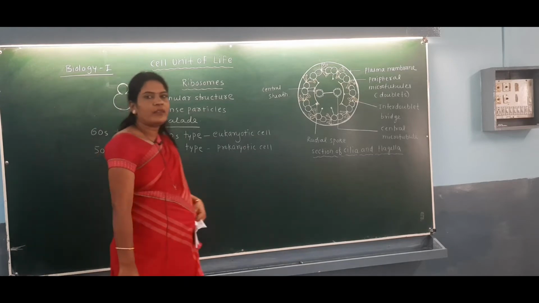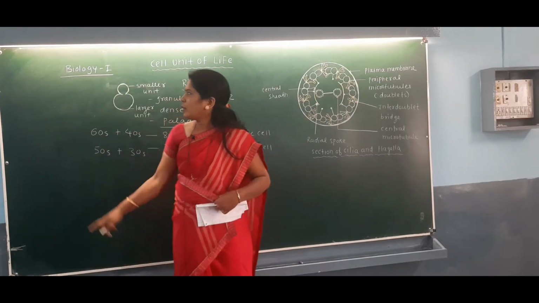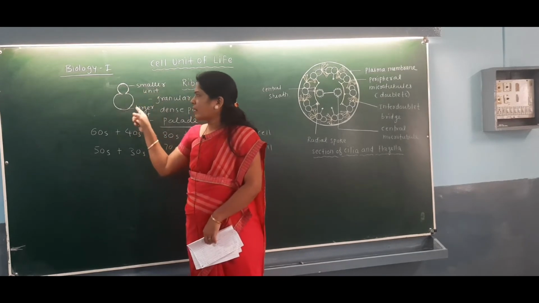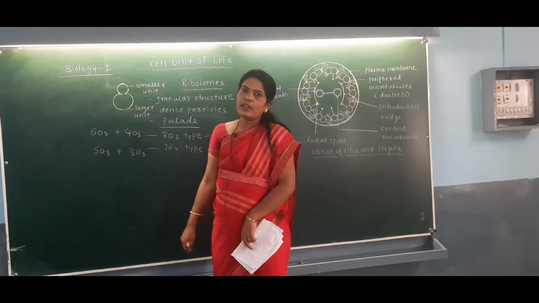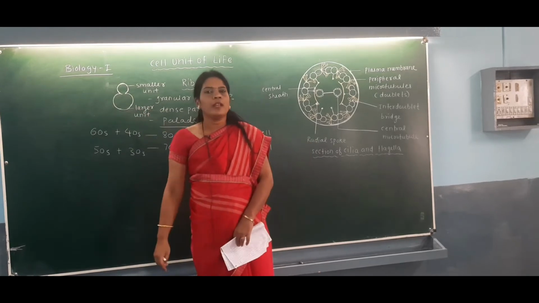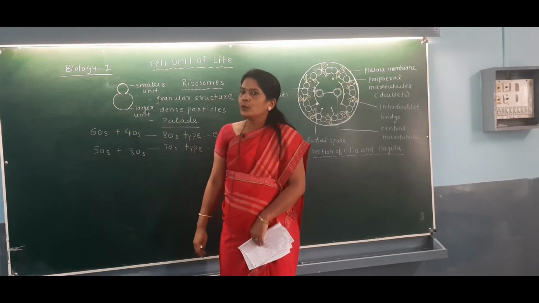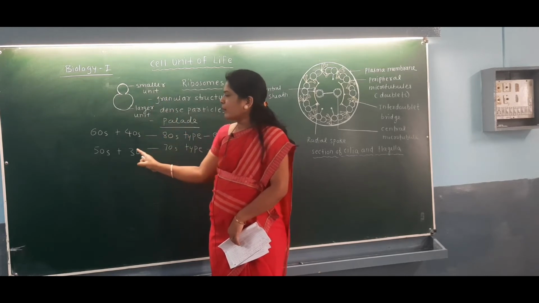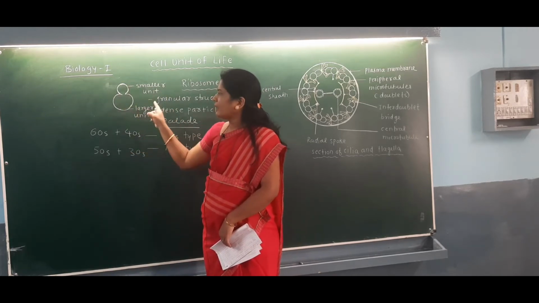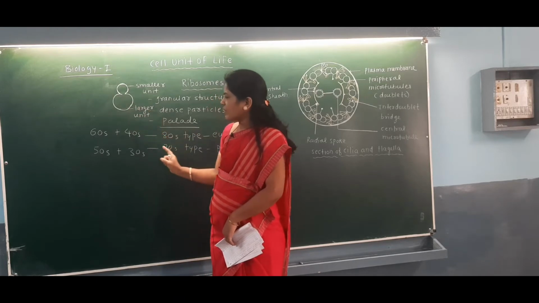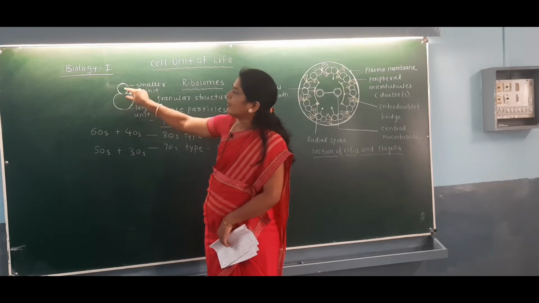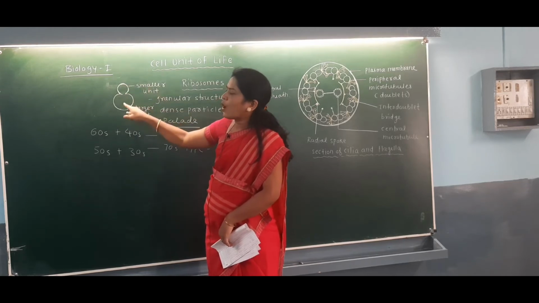Okay, can you observe this figure? See here, there are two units of the ribosome. One is called the smaller unit and another one is called the larger unit. Such a ribosome is present in prokaryotic as well as eukaryotic cells. The smaller unit of the 70S ribosome is the 30S type, and the larger unit of the 70S type is called the 50S. So this is the 50S subunit and this is the 30S subunit